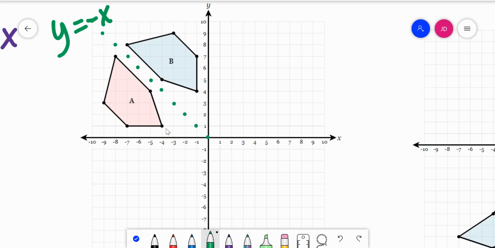Now how do I know if it flips over the line y equals -x? Let me take a corresponding point. Let's take a look at this point right here, -4, 1. This point right here is -4, 1, and the corresponding point here is -1, 4. So it makes one of the numbers